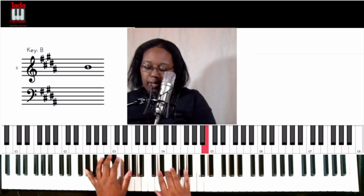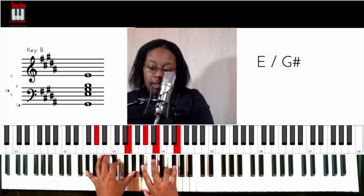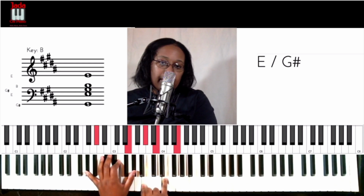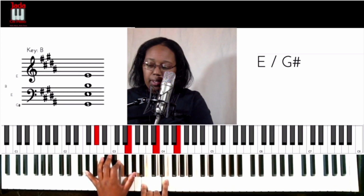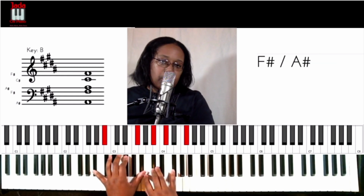Let me see something here. Let's play a little bit. Here I am playing, I'm actually playing a 4-5-1, because that's an E chord. I didn't play the 2-5-1 to start, but